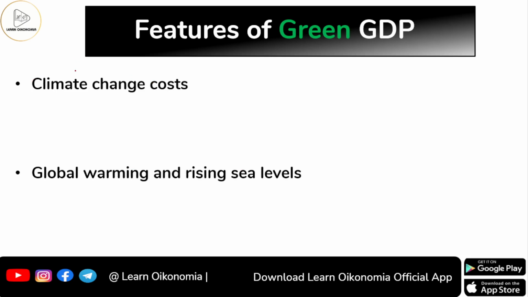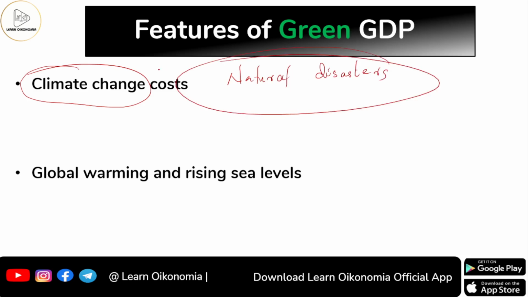So why are we very conscious regarding this nowadays? If you actually ask your grandparents and all, they will be saying that in our times we could actually predict the climate, we could predict the seasons, we could say that during these months rain would be coming, during these months there would be spring, during these months there would be winter, all these kinds of things were in our hand. But now summer can come anytime, winter can come anytime, it's not in our hand. Floods can come anytime, some natural disasters would be happening, some extreme events would be happening. So all these are causing some issues in the economy, isn't it?